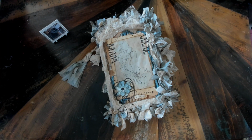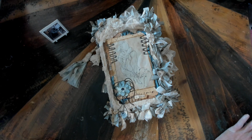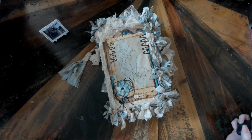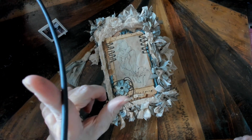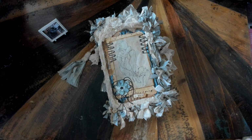So while I wanted something French, something Frenchy, because it is French themed. And sorry about the shaking. I'm in a precarious situation here with the setup. There's my cord right there. Probably going to be hitting it. I really need to figure this all out. Okay, so